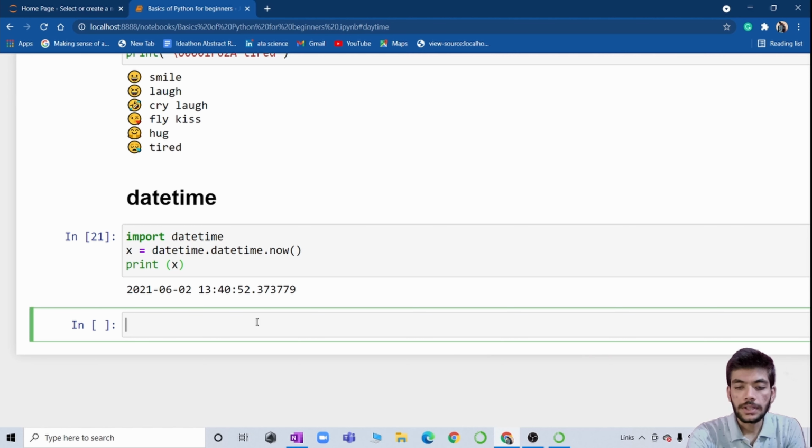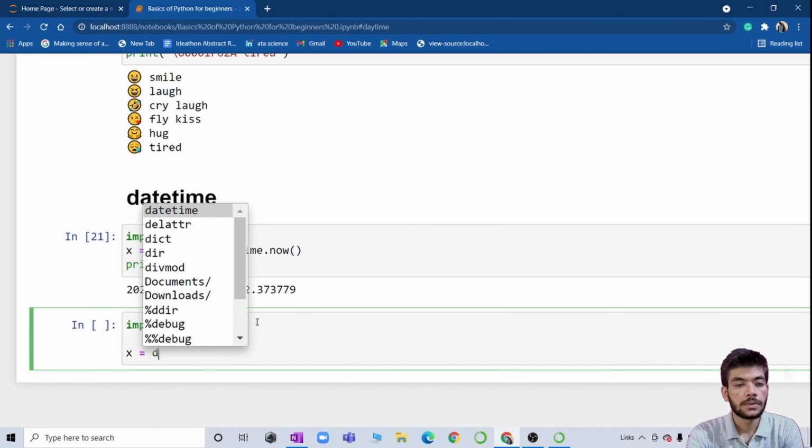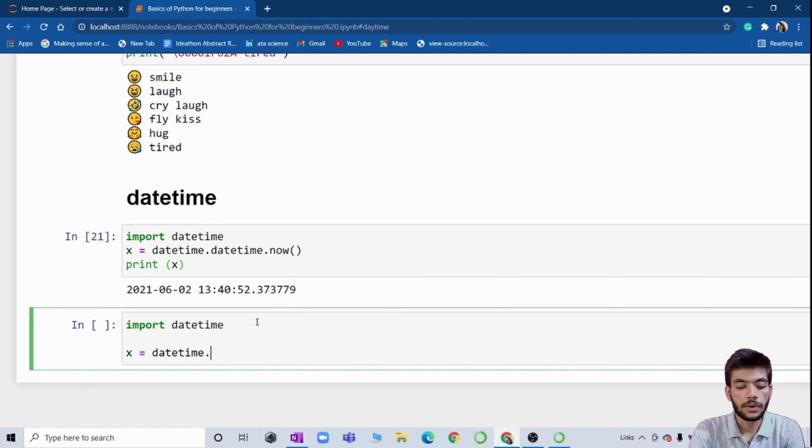Also one cool trick is there. If you want to print the year and day, I will import again. Import datetime. I will write x equals datetime.datetime.now.